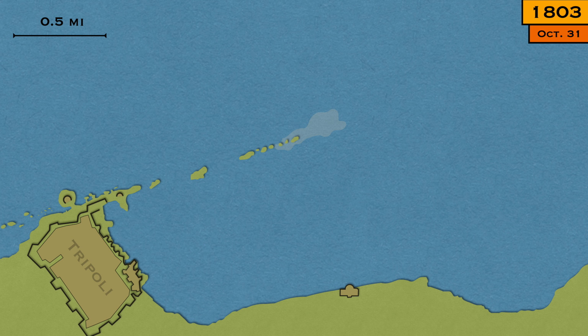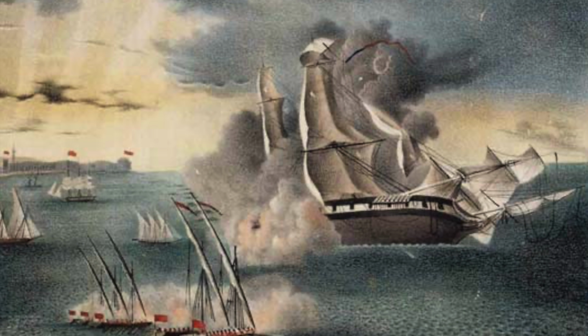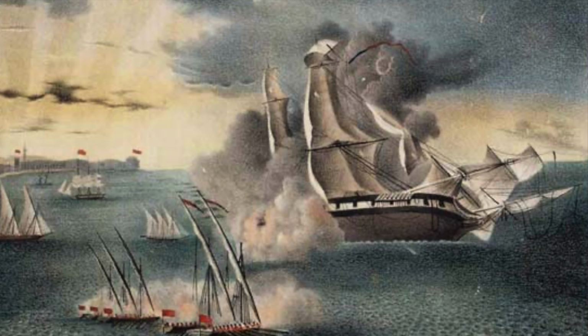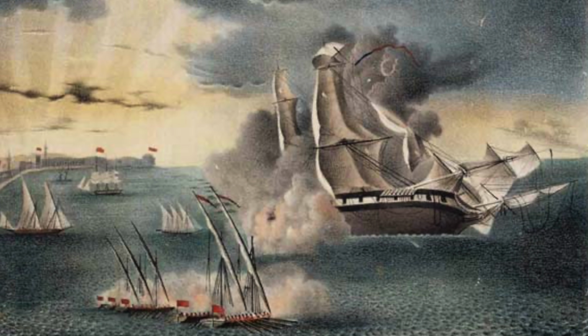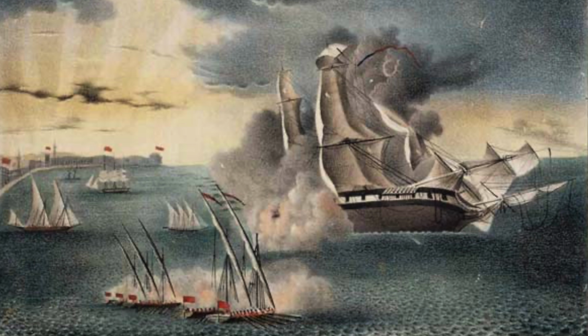On October 31st of 1803, the USS Philadelphia, which was guarding the Tripolitan harbor, attempted to engage a corsair ship. During this pursuit, the Philadelphia bottomed out on an uncharted reef and was stranded. The steep angle of the ship in the water made it impossible for it to use its cannons effectively, and the corsairs closed in on the larger frigate. Cornered with no way of fighting back, the ship's captain, William Bainbridge, surrendered.